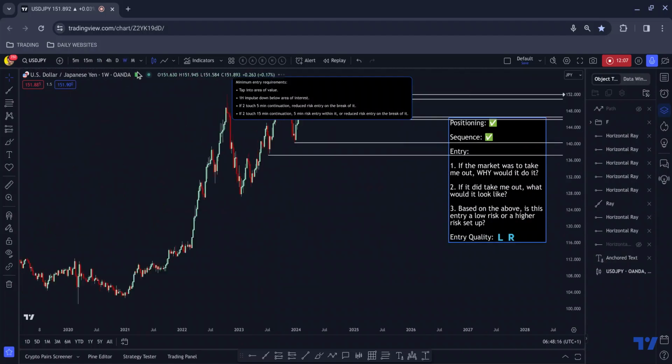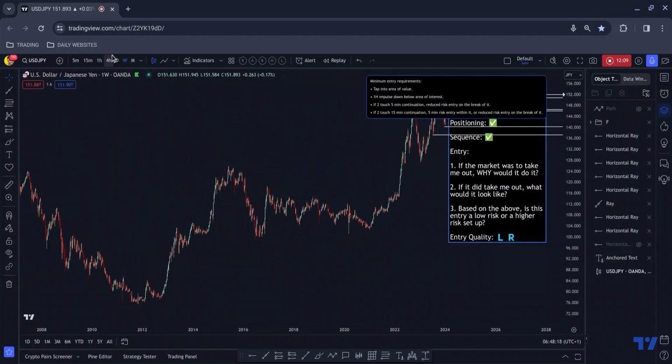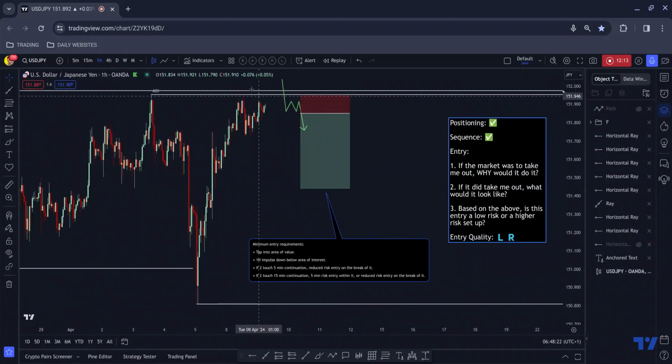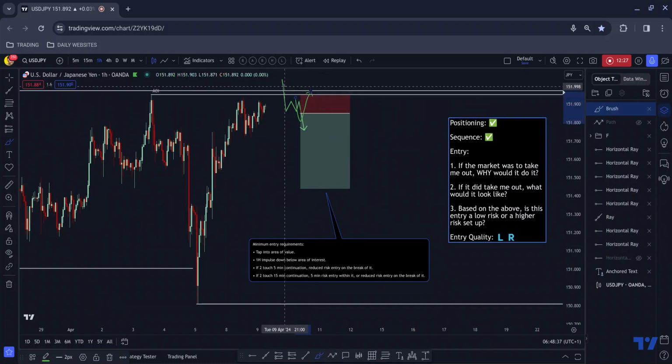Well, why would it do it? Because there's nothing to the left. There's no inflection points or value areas above price that price could gravitate towards. So therefore, I can't see any logical reason why the market would take me out. And so, where is it going to? If I got tagged in and tagged out of this position, where is price actually going to